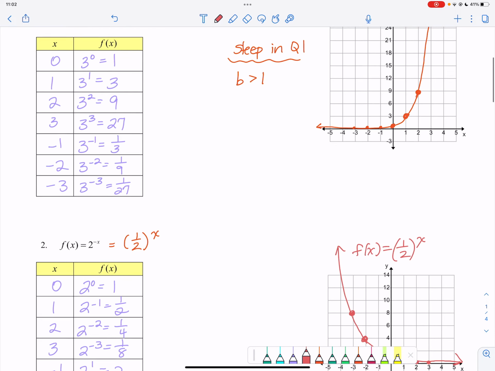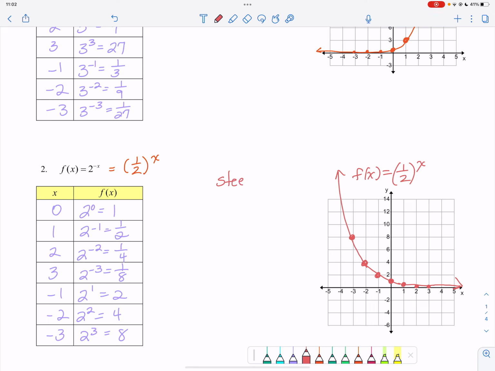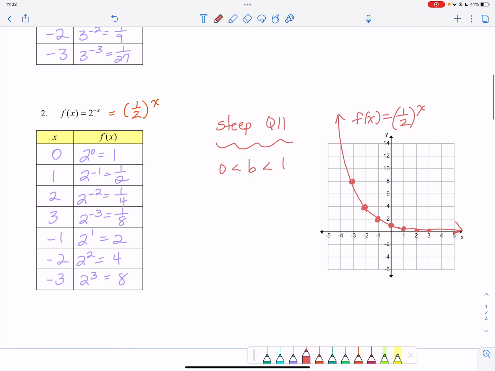Now, what do you notice? Here, I mentioned we were steep in quadrant 1, but here, the graph is steep in quadrant 2, and that's since the base is a fraction between 0 and 1. Okay,